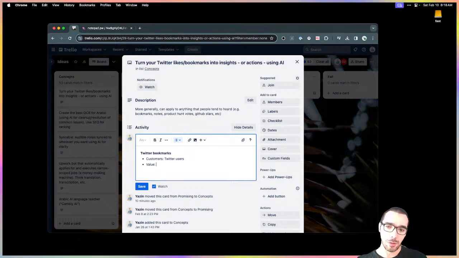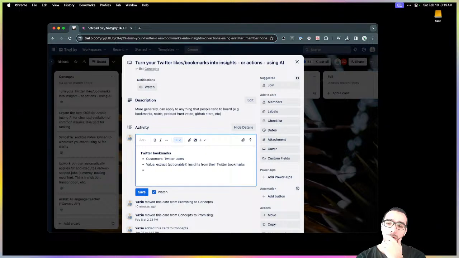What would the value to them be? Extract maybe actionable insights from their Twitter bookmarks. Assuming that people would bookmark tweets that they'd potentially be interested in or that they think would be useful down the road. Okay, all right.